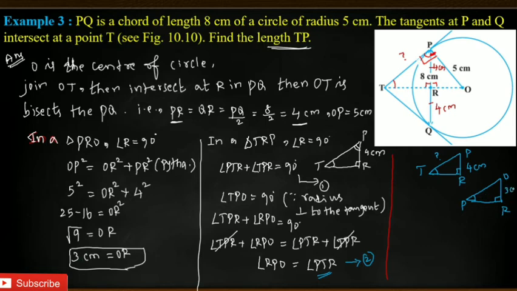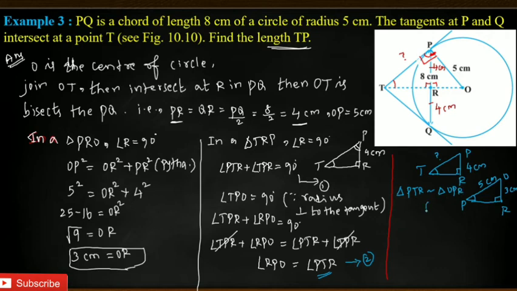So let me write here 3 centimeter. Okay, and for PR, what do we have? OP. OP is a radius. OP is a radius, that is 5 centimeter. If you have PR also, it is waste. You just leave it. So OP is 5 centimeter. Why I am telling it is a waste? Because our required value we have in the hypotenuse. So TP is the hypotenuse. That is what I am writing here. Okay. Now let me write the triangle. What is PTR? PTR is similar to the triangle. What is that?